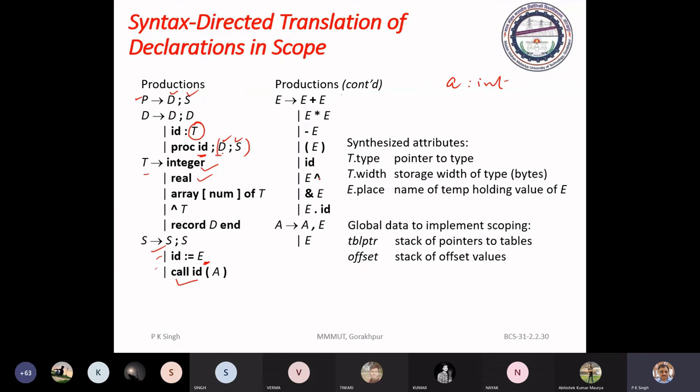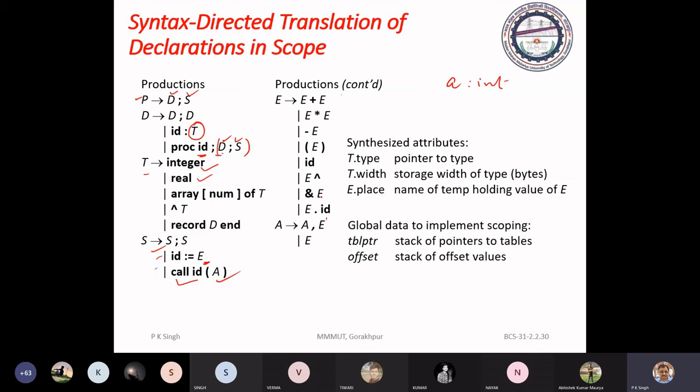This is the pointer, this is address of, and this is member of, to refer to a member. And this A is for the various parameters in the function call.